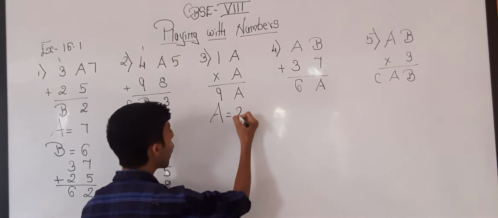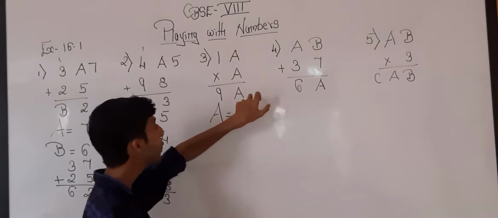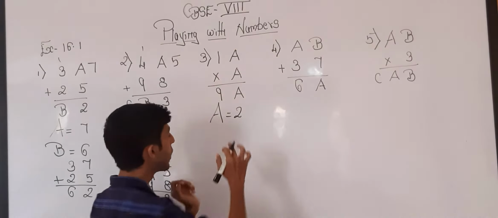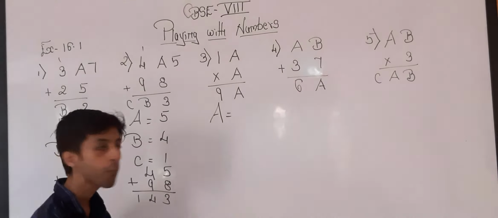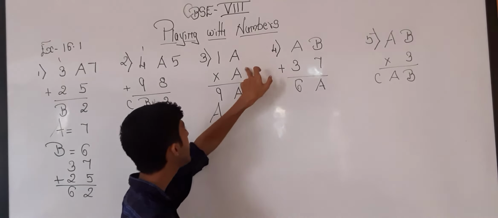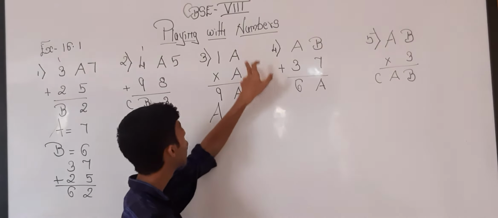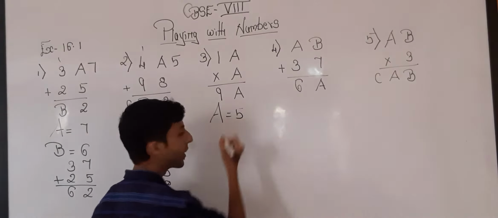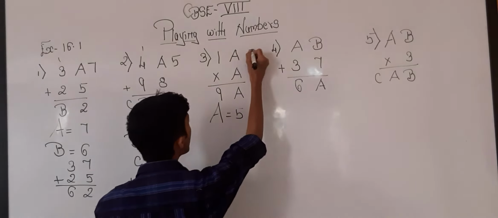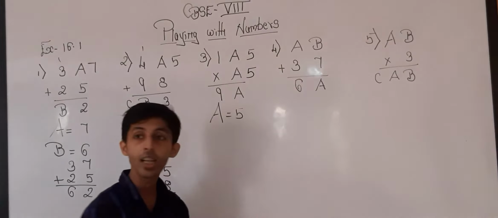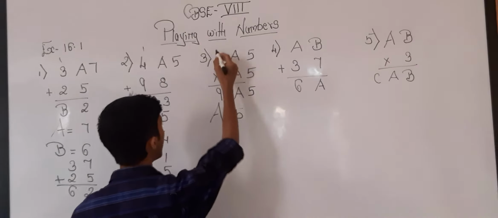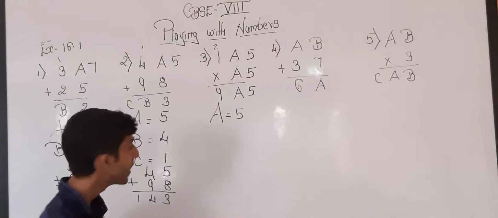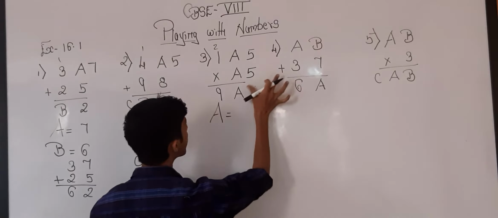Now if I am taking 2 over here, 2 times 2 is 4. A's value has changed because it's 4 over here, while I supposed my a value to be 2. So same way for 3, 3 times 3 is 9. 4 times 4 is 16. If I am taking 5 over here, 5 times 5 is 25. 2 will be carried. 5 times 1 is 5. 5 plus 2, 7. I want 9 over here. So 5 can't be the option.